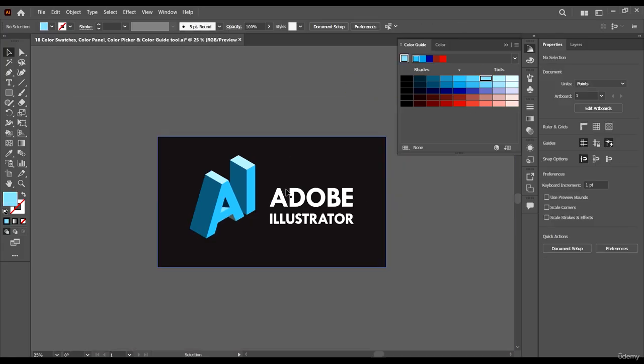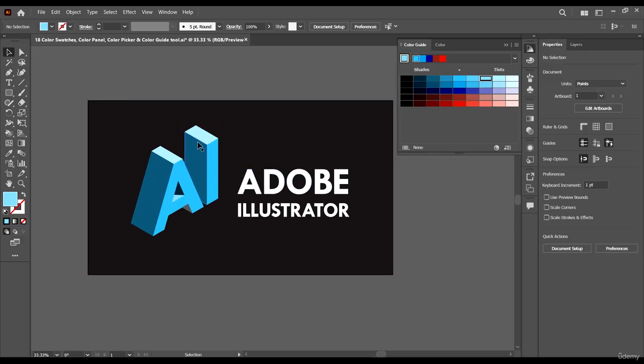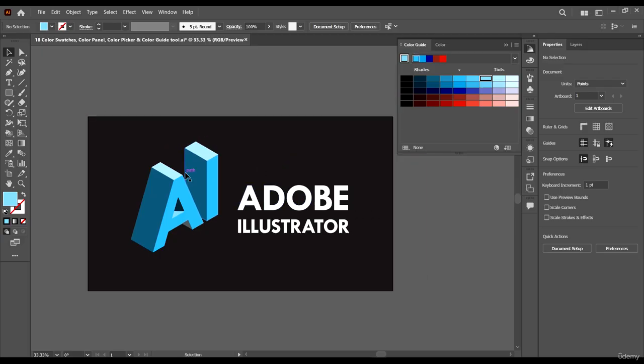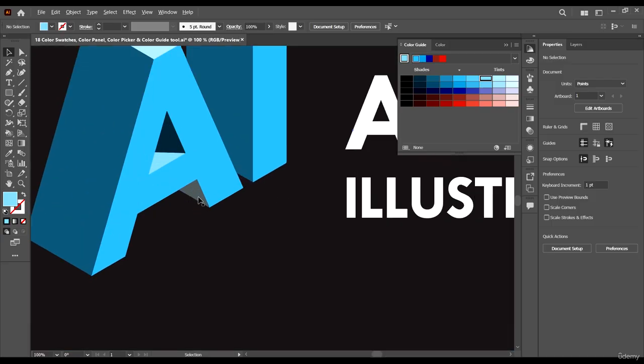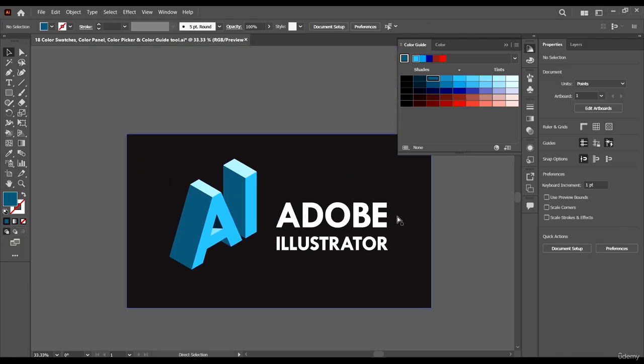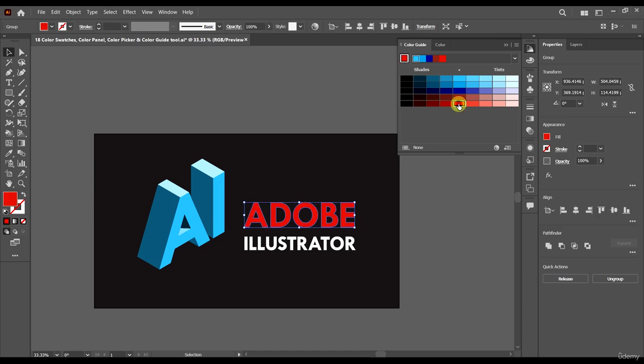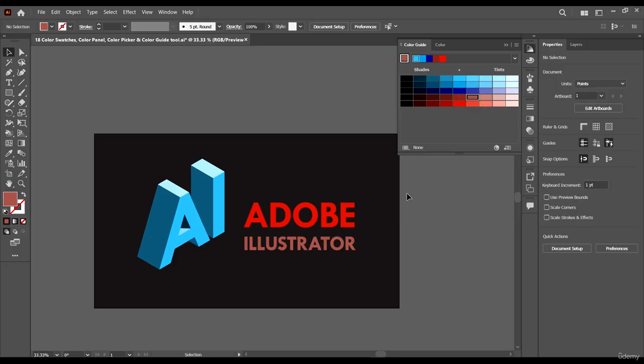As you can see, with the aid of the color guide tool, we've been able to select colors that fit perfectly with this design. This one, let's choose something maybe darker. Yeah, this will work, and that's perfect. Now for these, let me make use of these ones. Let's see what we can come up with.